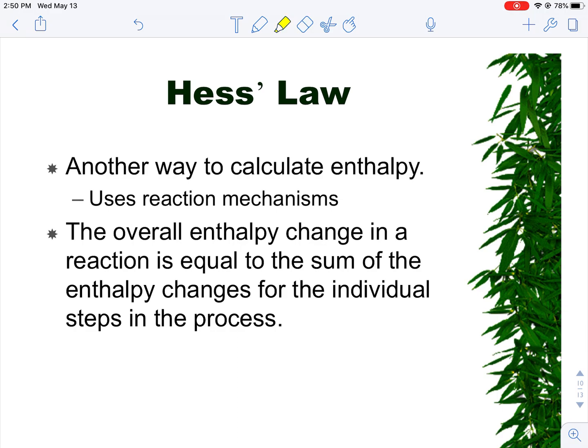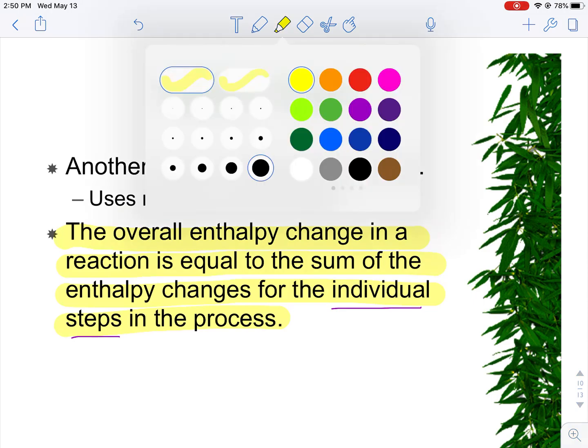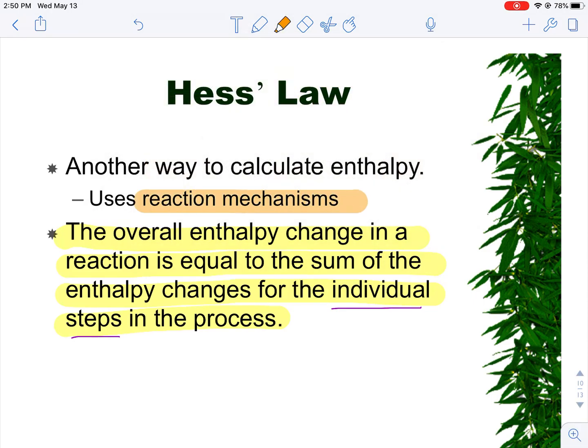Hess's law states, the overall enthalpy change in a reaction is equal to the sum of the enthalpy changes for the individual steps in the process. As you hear this definition, perhaps you're keying in on these individual steps, and it's triggering a memory, the memory of the reaction mechanisms that we talked about earlier this unit when we were studying the collision theory, or kinetics. So we're trying to come full circle here and put the reaction mechanisms together with the overall reaction,